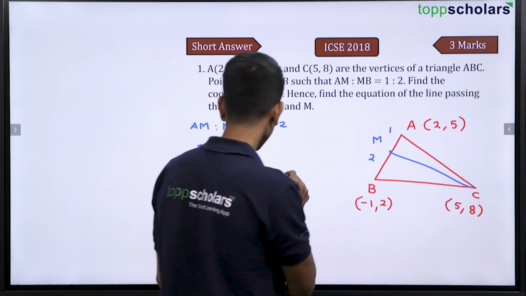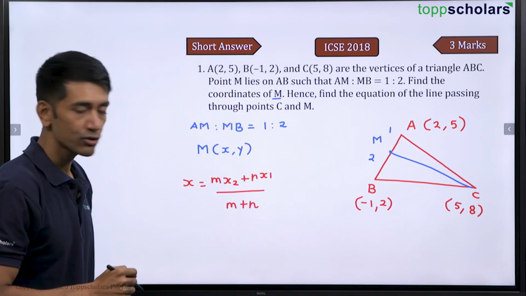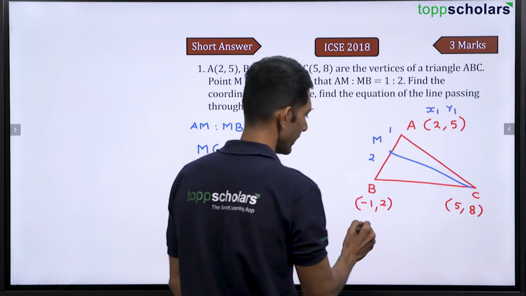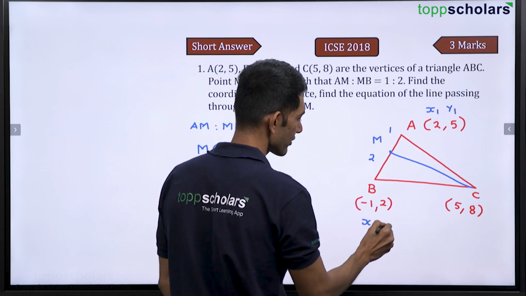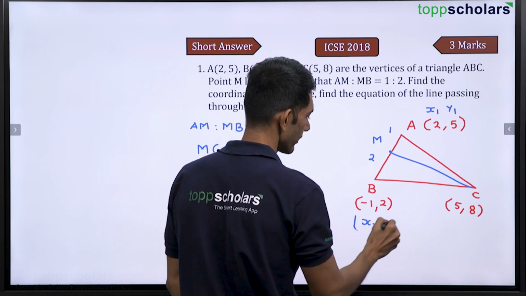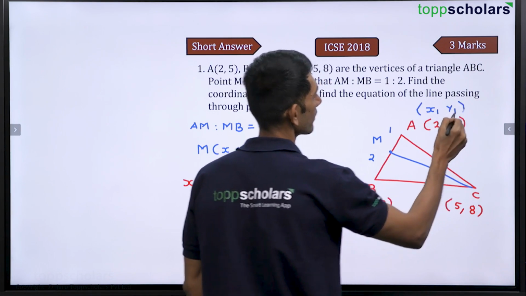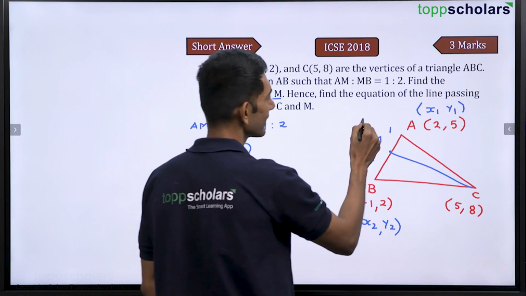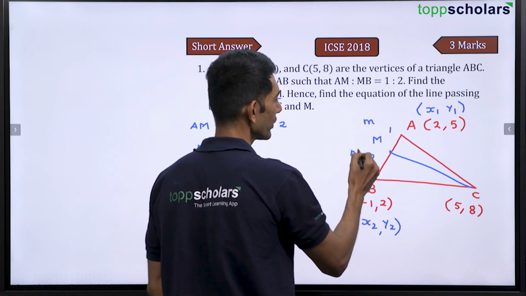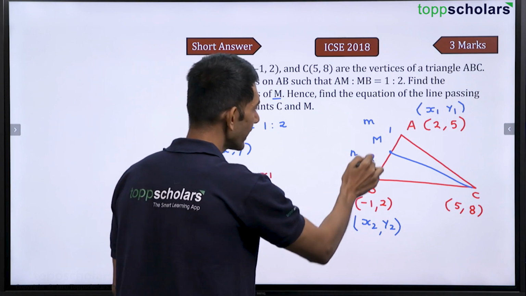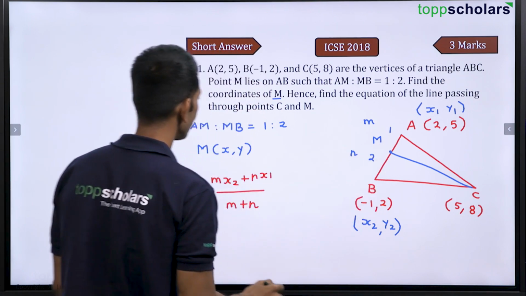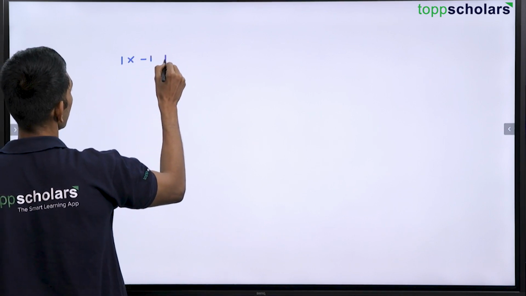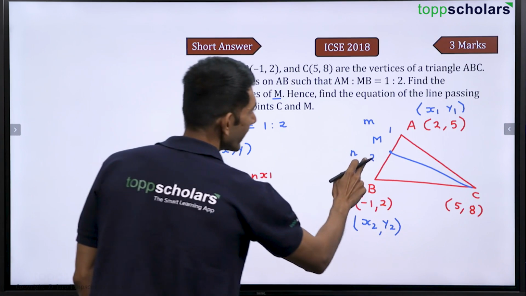So what is x1, x2 here? (2, 5) can be considered as (x1, y1) and (-1, 2) can be considered as (x2, y2). So x is (mx2 + nx1), and this 1 is m and this 2 is n. So mx2, that is 1 into -1, plus nx1, 2 into 2,